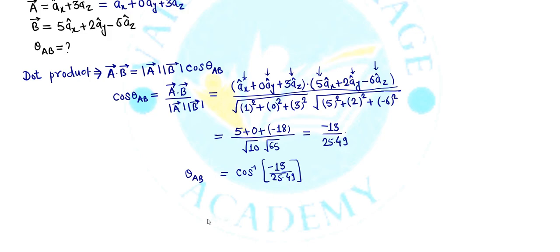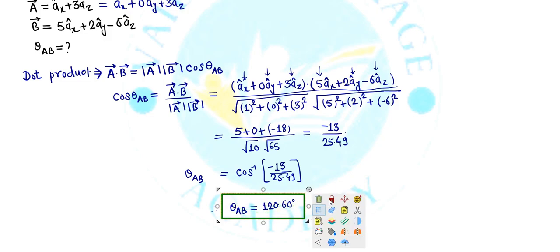So what will be the angle in between the two? If you go with the calculations, you can find the angle in between vector A and vector B is equal to 120.60 degrees. So this is the solution for your fourth numerical from your very first chapter,